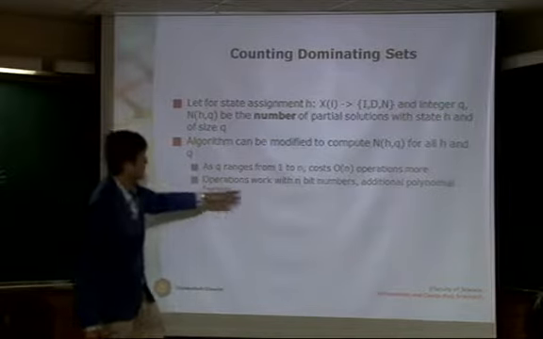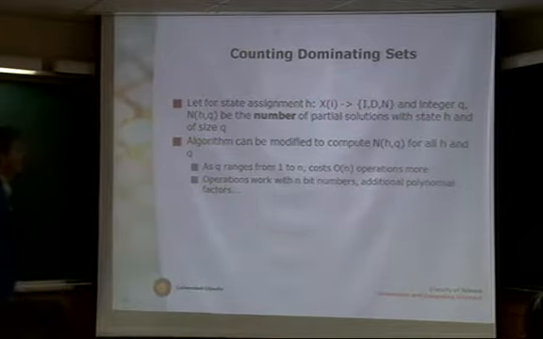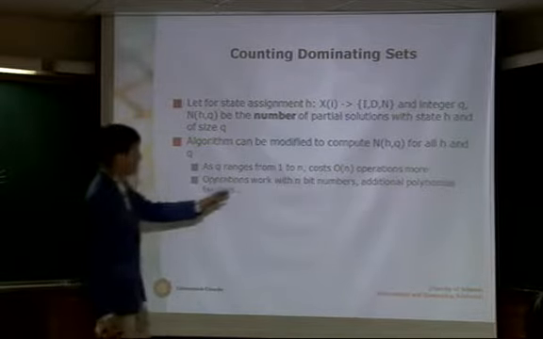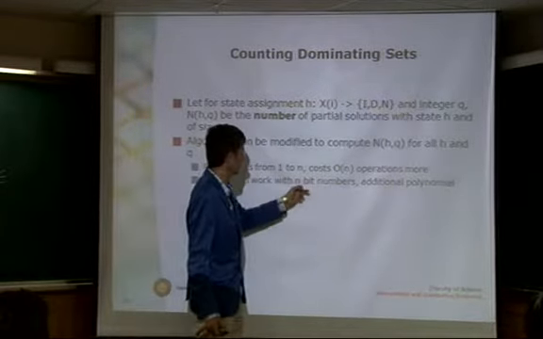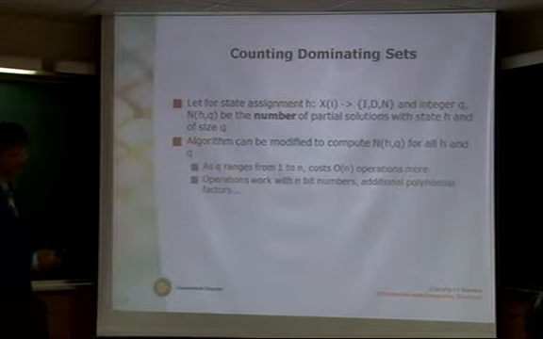So basically, it costs you order n more, because for each number, of each size, you have to do these things. And then actually, it costs even a bit more than order n work because you work with n-bit numbers. So that gives you another additional polynomial factor. But